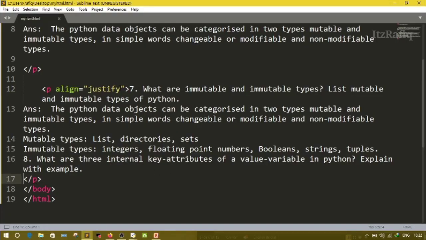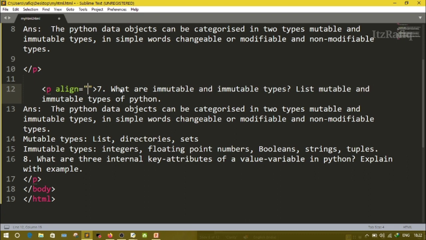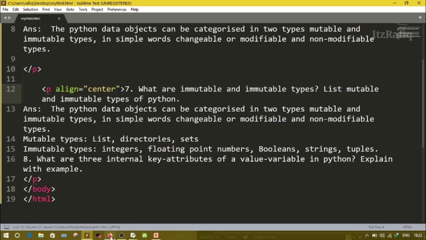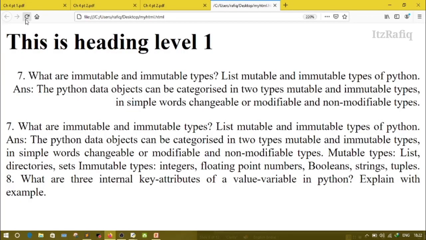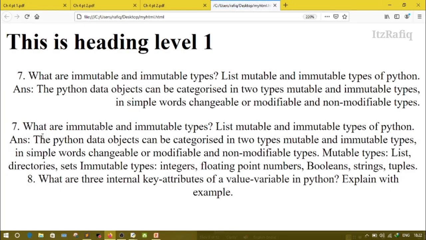Suppose in place of justify, I have written center. Save the page, go to browser and reload. So here you will see the last paragraph, the example word, is displayed at the center position.